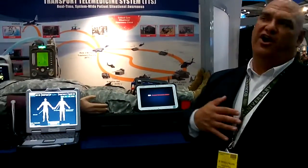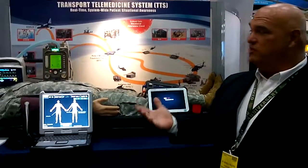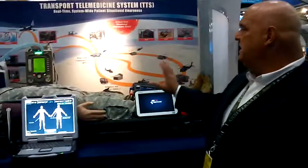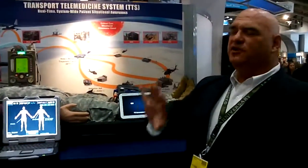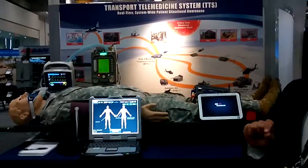From a selfish perspective, we believe we're making a dramatically significant change. But I think the truth is we really are. If you look at the battle space right now, the amount of data in real time about a patient is almost completely